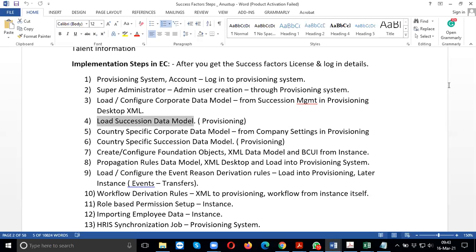Okay, so it is like what we usually call data conversion or data migration. Like first time when we are making the instance ready, we migrate the data from the old legacy system to the new system. Is this something similar? Yeah, it is similar. Okay. There's not much change in it.